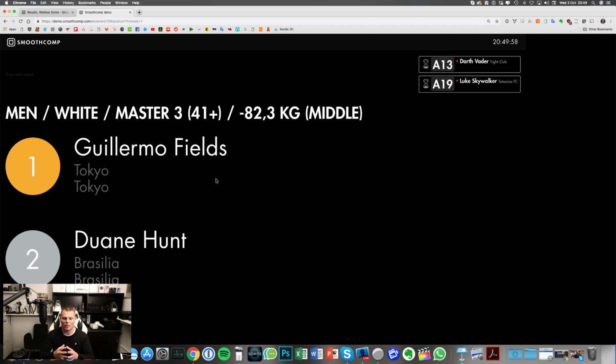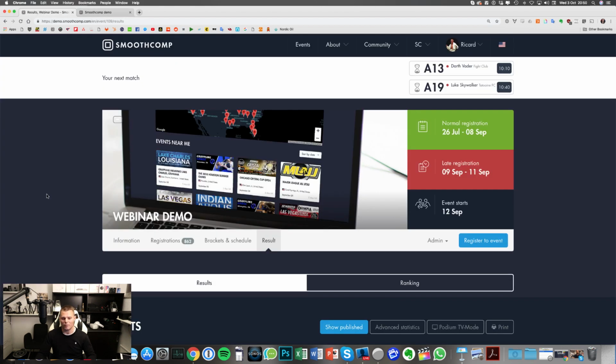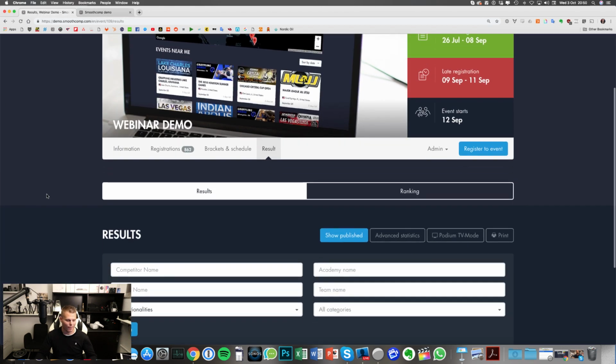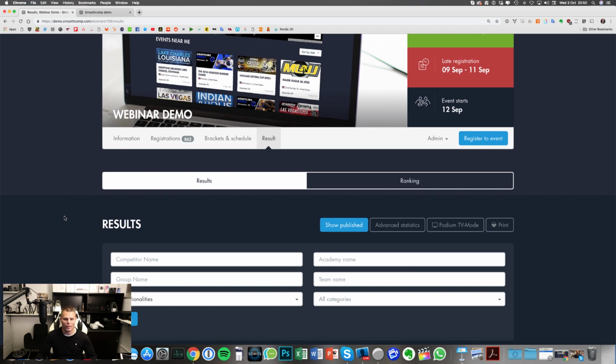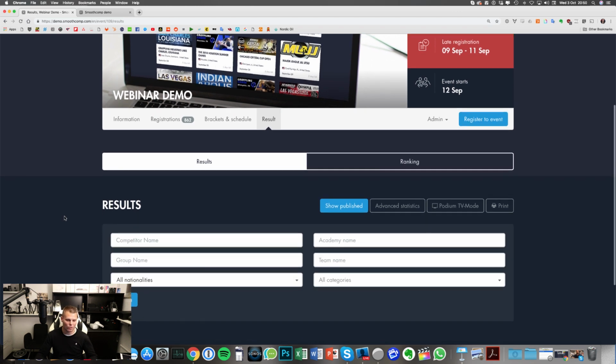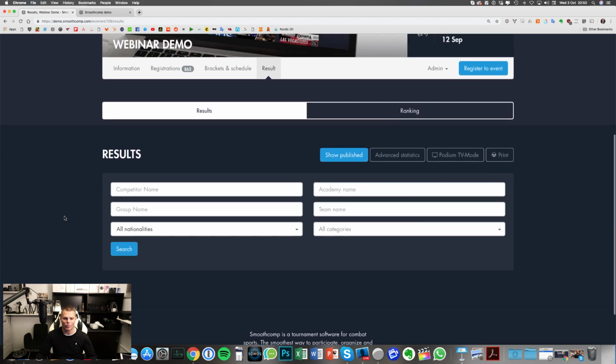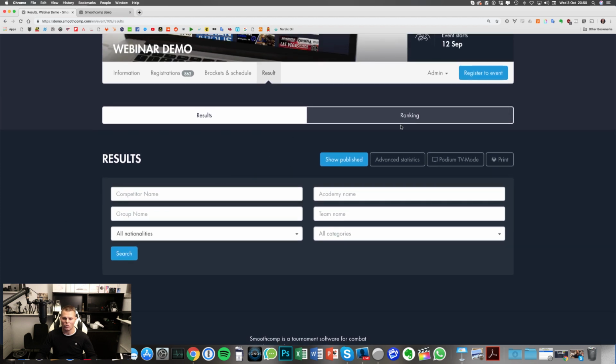And that is the way that the people by the medal podium should work. When they have fighters ready to get their medals, they press publish, and then you can take beautiful pictures with the TV screen in the background. You see the guys with their medals, and then you have their names. And people really appreciate that they get their 1 minute of fame on the podium. So that is a way to publish your results. And when you're publishing results, that accumulates points to the rankings.